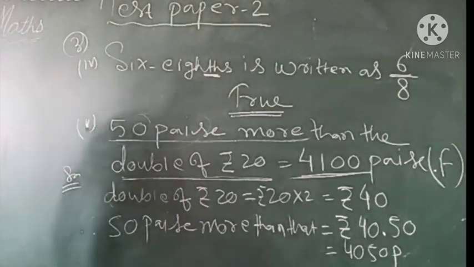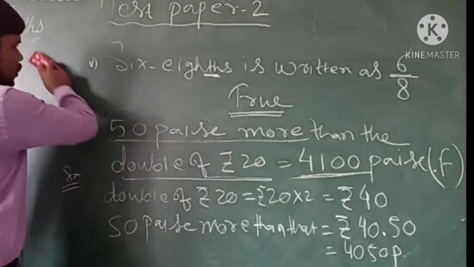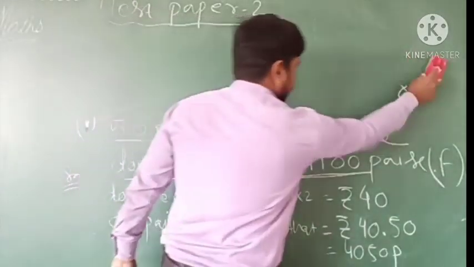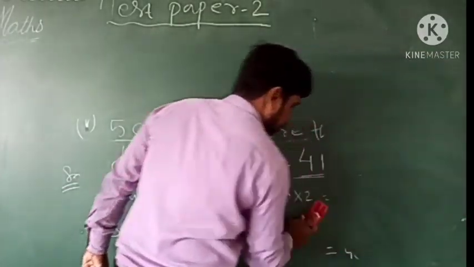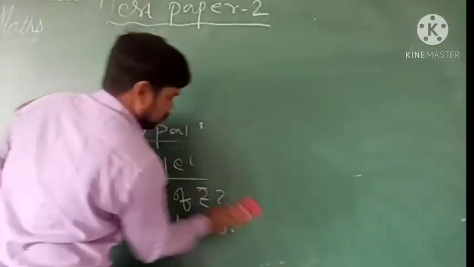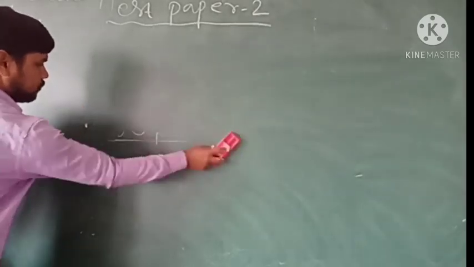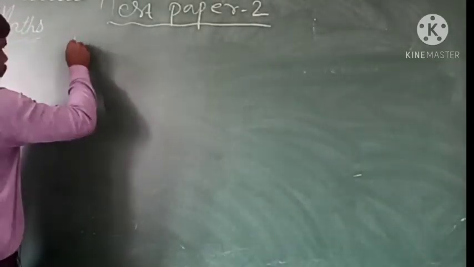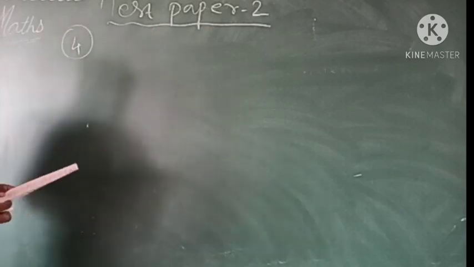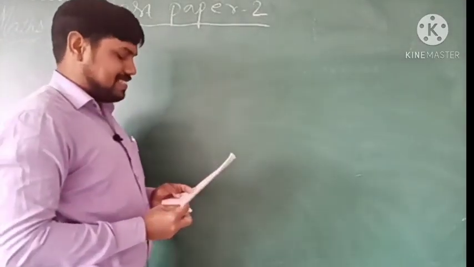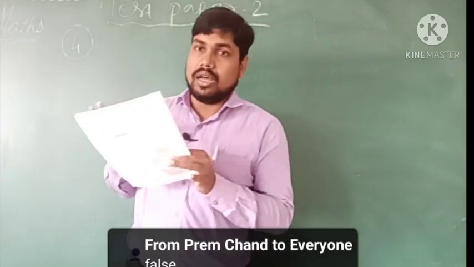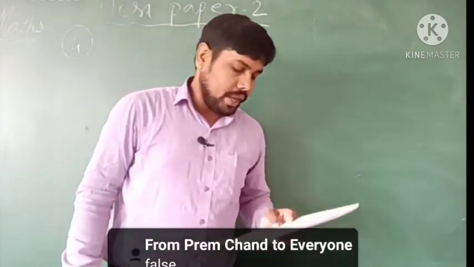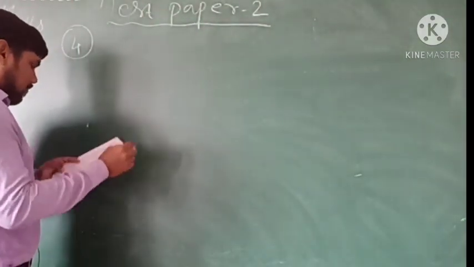Okay, now let's move to the next, which is the fourth question, question number 4. Question number 4 is asking matching. So match the following. You have to match column A with column B. So column A, the first one is